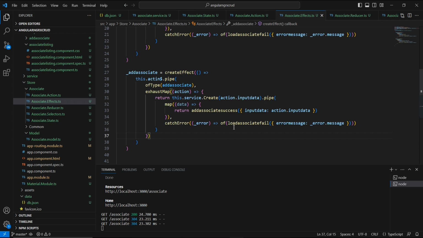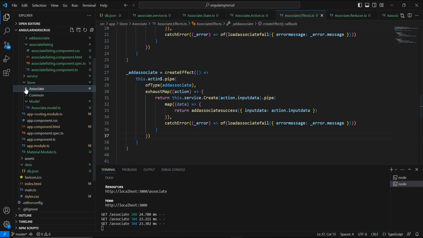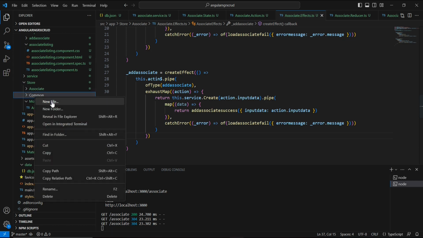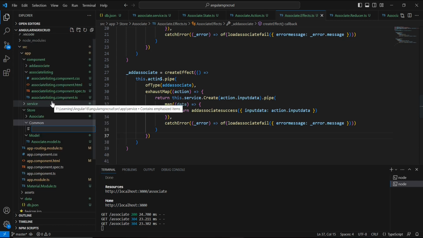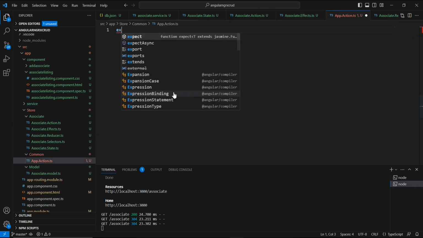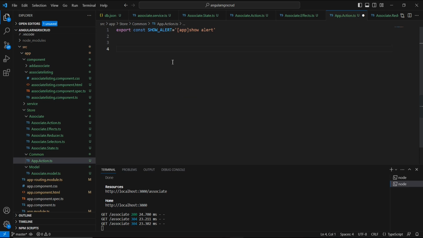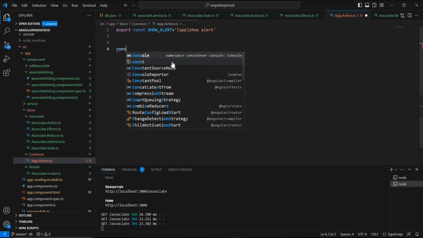For that, let me create the separate action. And since this alert functionality is the global one, we can reuse it in several places. So let me create one separate folder. The common one is already there. So inside that, I am creating one new action file, app.action.ts. Here let me declare the variable first. Next our function,